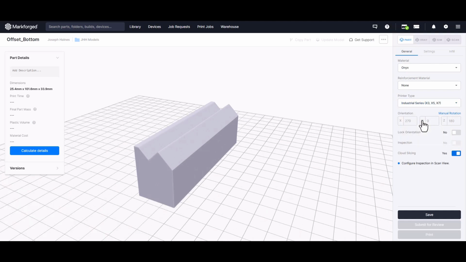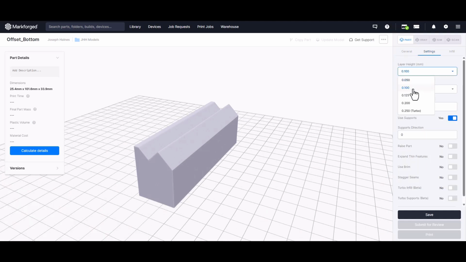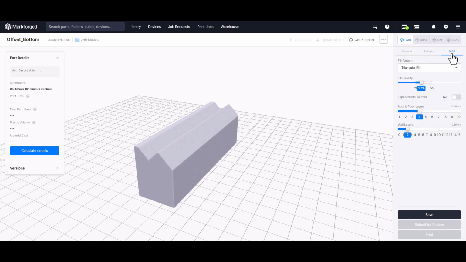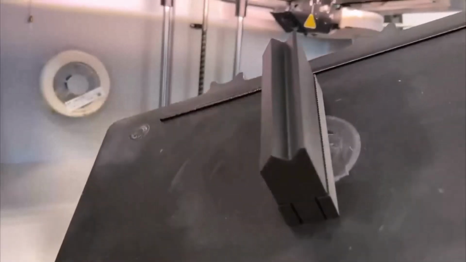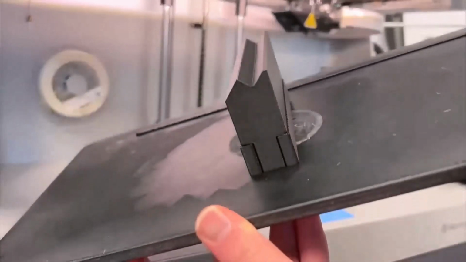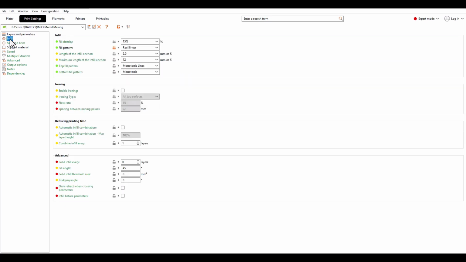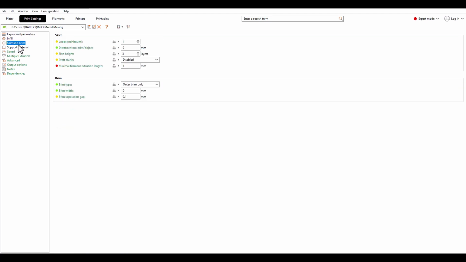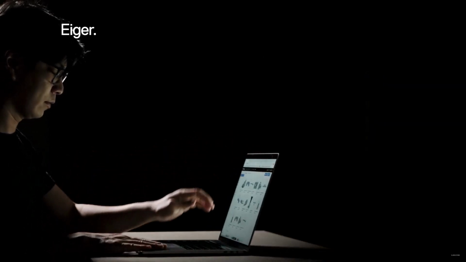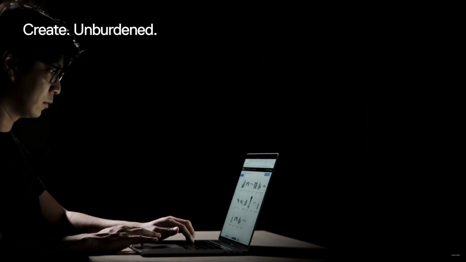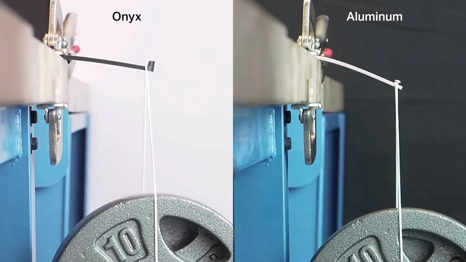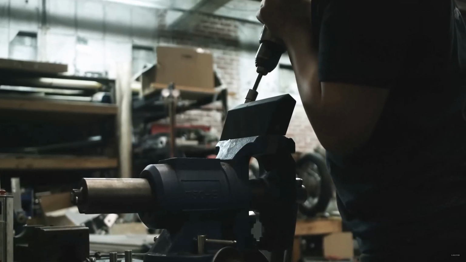By selecting your printer, your materials, the print resolution, and a few ancillary settings if necessary, Eiger gives you the ability to easily print the part the way you want. All the other settings you might have to painstakingly deal with in other slicers have already been taken care of by Markforged's engineering optimization team so that you get strong parts that are accurate, print quickly, and have great surface